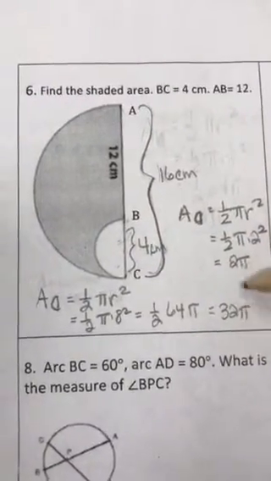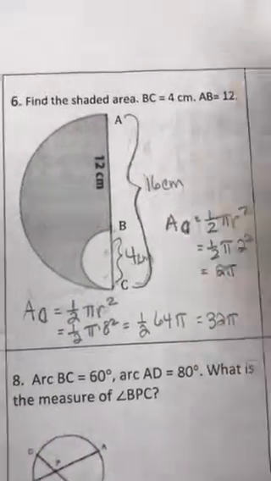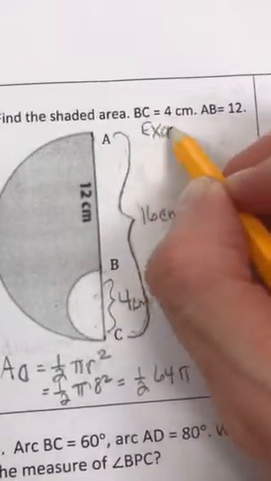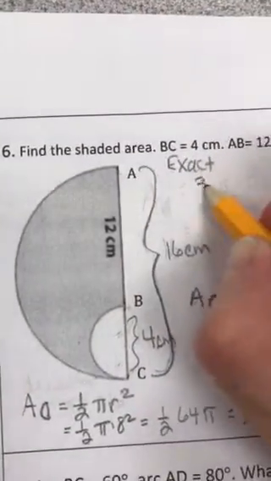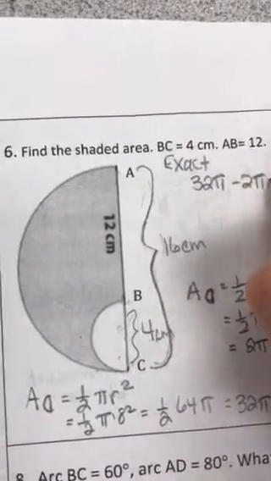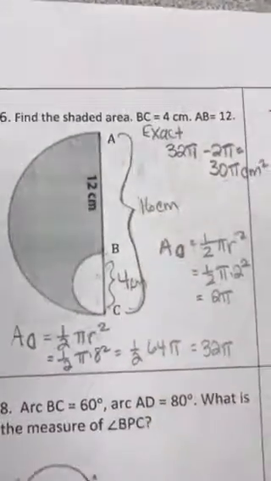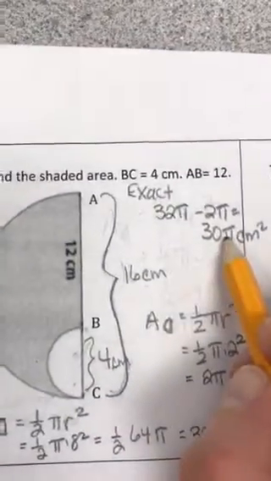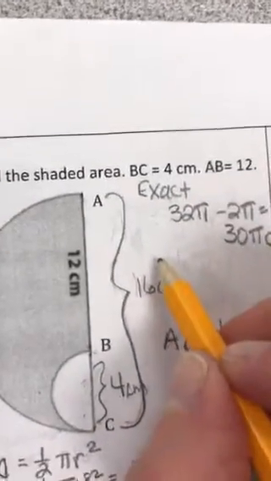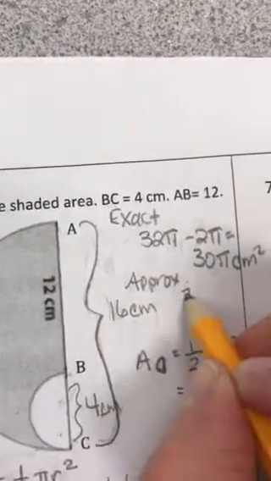So now all I have to do is subtract the 2. See how easy this is when we have the answer in terms of pi. So we're going to start with the exact answer, which is 32 pi minus 2 pi, which equals 30 pi centimeters squared. Now all I have to do is multiply by 3.14 if I want to get the rounded answer, or the approximate answer. So that's 30